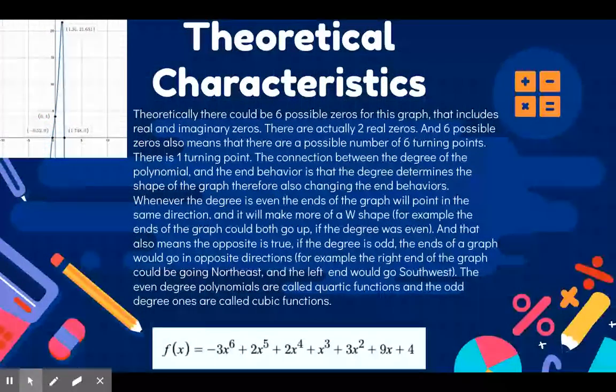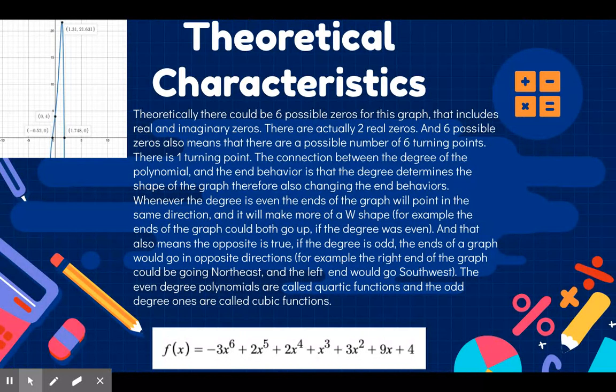So the theoretical characteristics are that there could be 6 possible zeros for this graph, and that includes real and imaginary zeros. There are actually 2 real zeros in my graph, and 6 possible zeros should also mean that there are a possible number of 5 turning points or 6 turning points, and there is 1 turning point in my